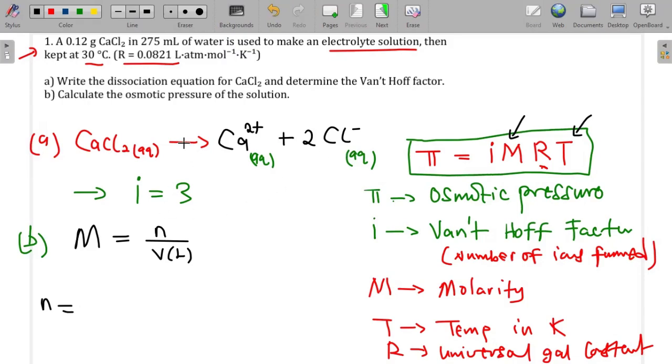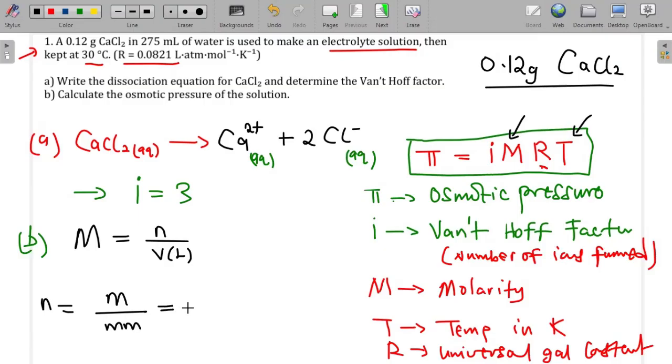Okay, so we have been given 0.12 grams as the mass of this electrolyte, the calcium chloride. So we just have to turn this into moles. How do we find moles? Moles is equal to the mass given over the molar mass. So this will be the mass, 0.12 grams, divided by the molar mass